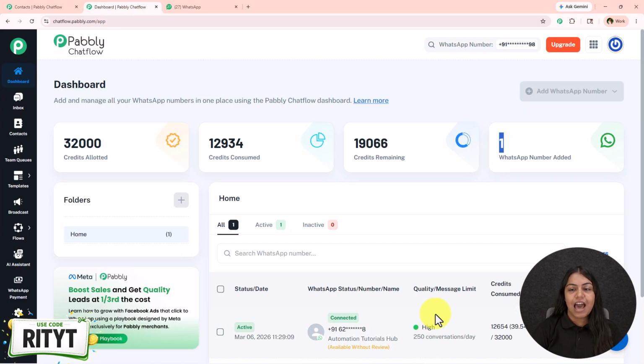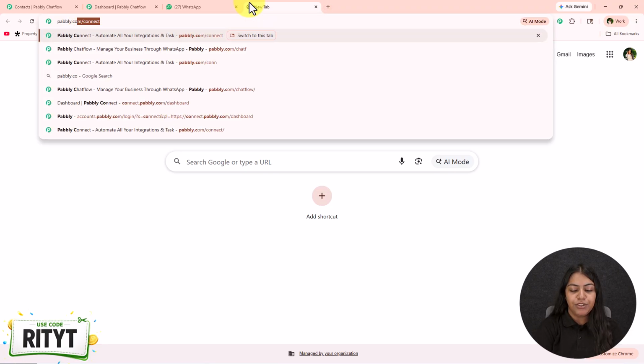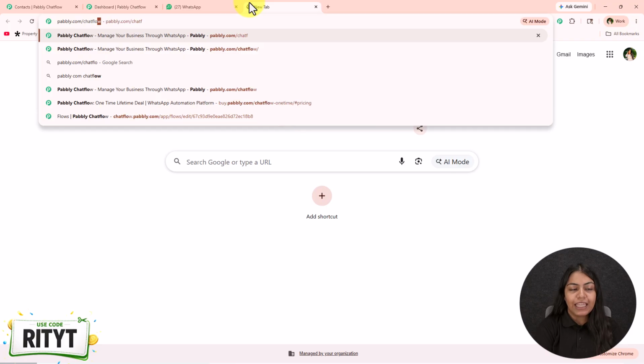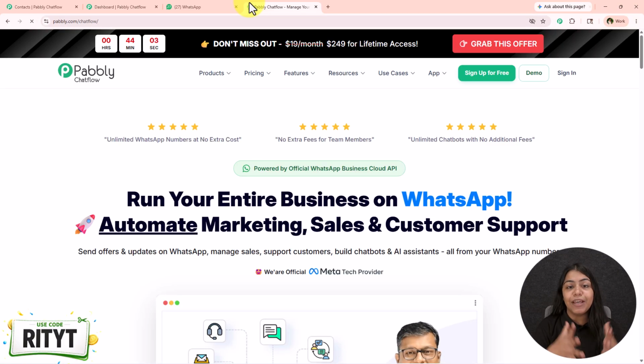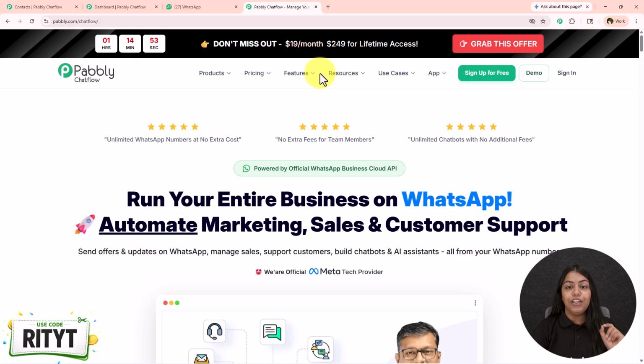To do this, you just have to open your dashboard of Pabbly Chatflow if you are an existing user like me. But if you are a new user, open a new tab and search for pabbly.com/chatflow in your browser and open the landing page of Pabbly Chatflow. In the top right corner, you're going to see the option of sign up for free. So click on this sign up for free and you are going to get 100 tasks free every month